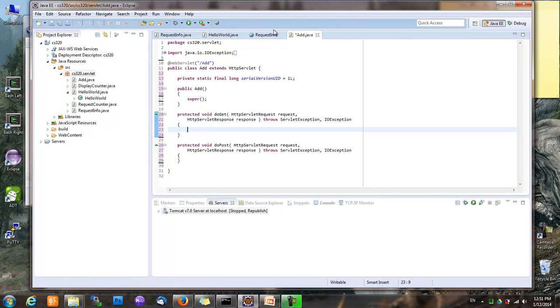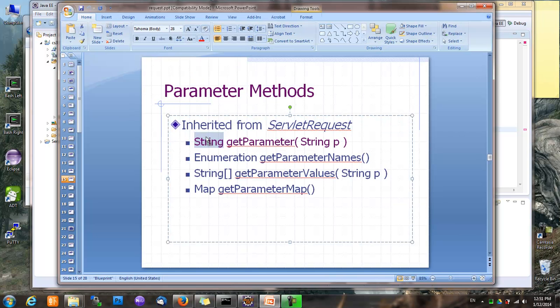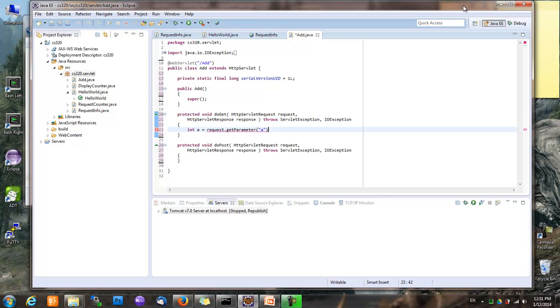So let's say that we'll have two parameters, A and B. So what we do is we say something like integer A is request get parameter A, and that should return the value of the A parameter. The return type of this method is string, and we have to convert that into an integer. So we know the way to do that is simply Integer.parseInt